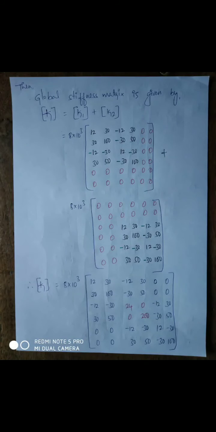Now, the global stiffness matrix is calculated as capital K equals small k1 plus k2. As per this sheet, you students must have clarity of understanding. That is, in the problem sketch, there are 3 nodes and at each node there will be 2 displacements. Thus, the order of the global stiffness matrix K will be 3 into 2 is equal to 6, that is 6